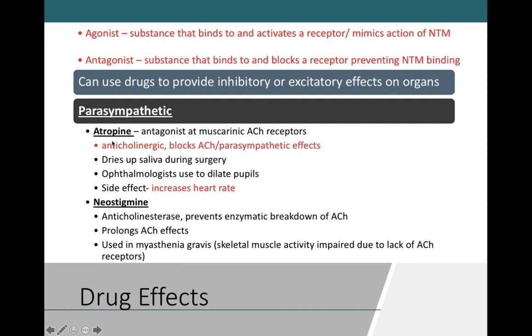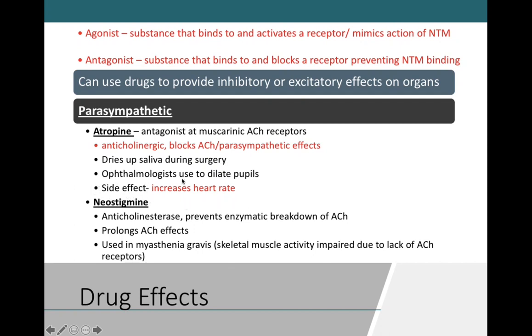So we'll often use atropine when we go to the hospital or when we go to the eye doctor. Atropine is going to dry up saliva. It's going to prevent salivation, which is a parasympathetic response. It will also be used to dilate pupils, which is how the pupils exist with sympathetic tone. Now, of course, every drug has side effects, so one of the side effects that we will have is